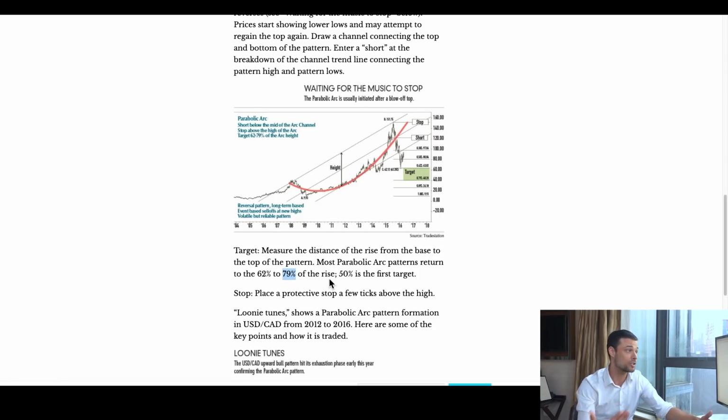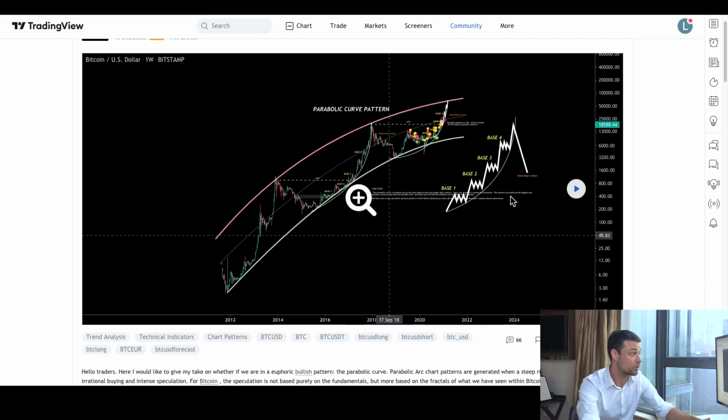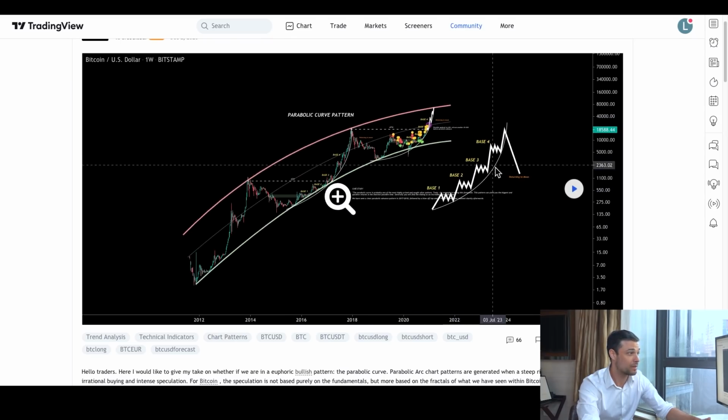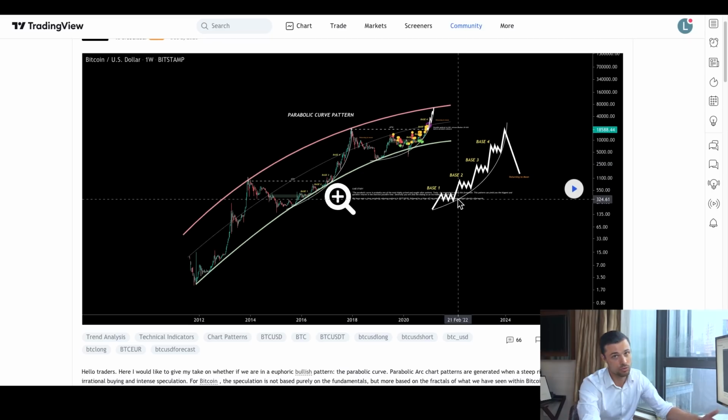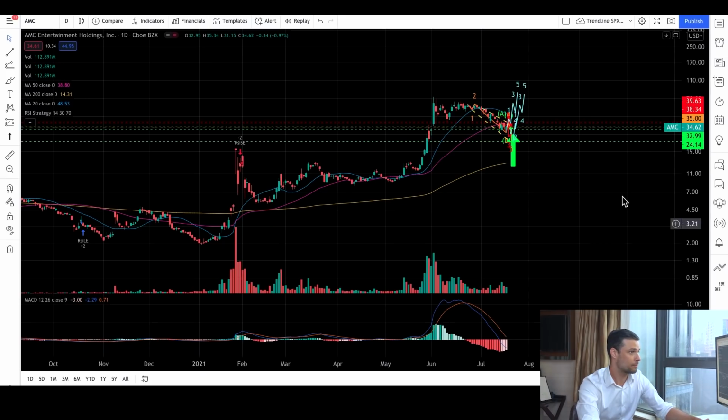So this is Fibonacci applied to a strong move up. And what is this, guys? Base 1, base 2, base 3, base 4. This is an example with Bitcoin. And guys, this is just Elliott wave theory, but with less details, less information. All the waves have the same length. That's not true, you guys know that. Some of them are extended. So basically for me, I didn't have any very interesting information when I did my research,